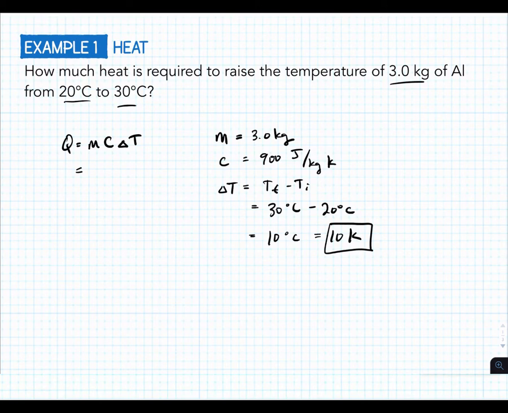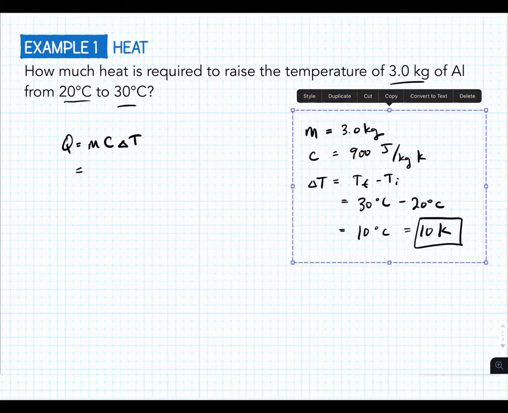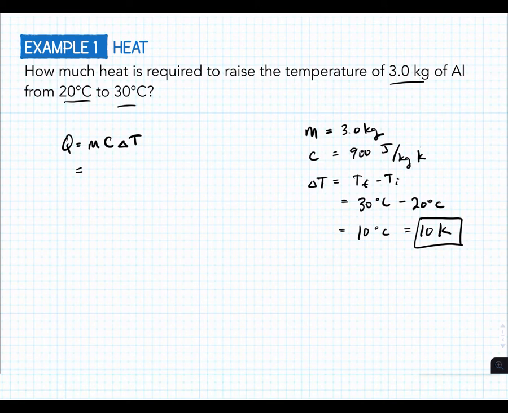So if you look at the units here, we know it's the same. This thing looks like it has dumb units, but it's because they have to cancel to give us joules. Okay? And so that's going to give us about 27,000